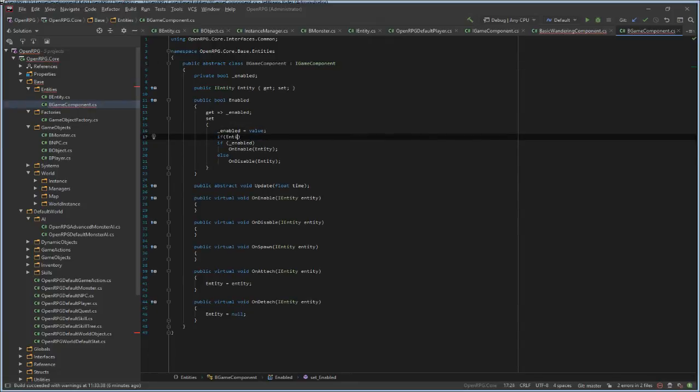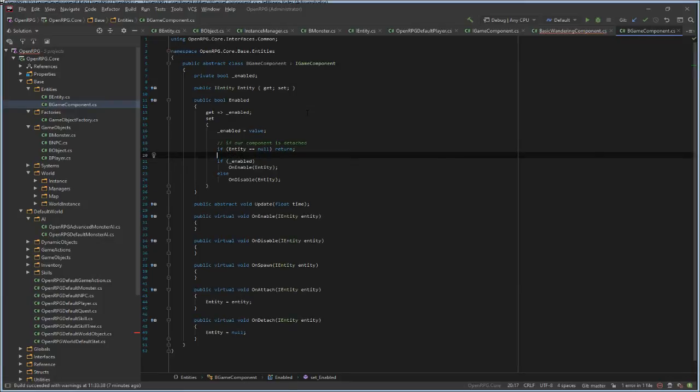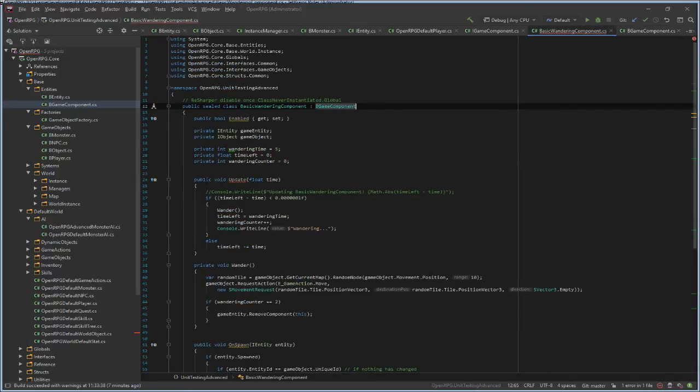If entity equals null, return, don't do anything, if our component is detached. Is this right? Yes it is. Okay. I'll be game component, public override void, public override.